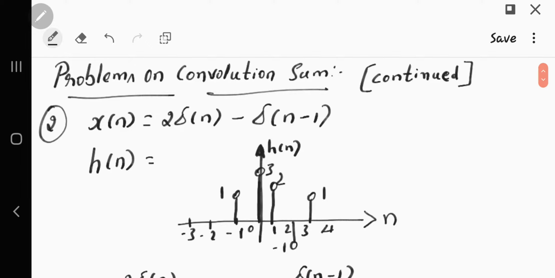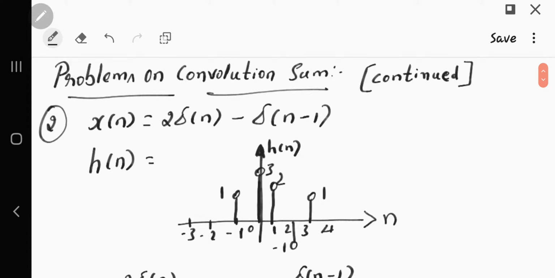Hello students, in this video I am going to continue with the problems on convolution sum where we left in the last video. This problem was given to try on yourself. Given a signal x of n is equal to 2 delta n minus delta n minus 1, and h of n is similar to the previous problem, which is varying from -1 to +3, having samples 1, 3, 2,